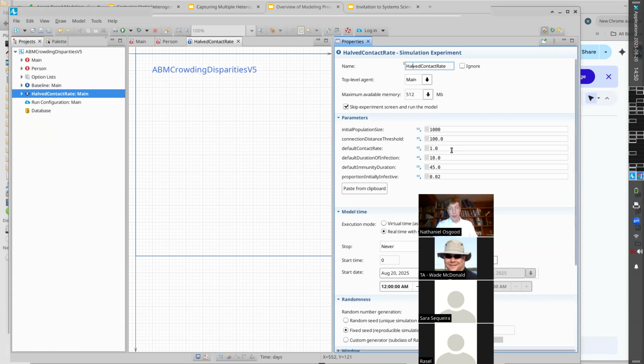And this one is going to be like the baseline, except that its contact rate is halved. So you notice when I changed it from 1.0 to 0.5, I halved its value. We ended up lowering its impact, and we ended up having it highlighted for us that we changed it from the default value. Okay, next,